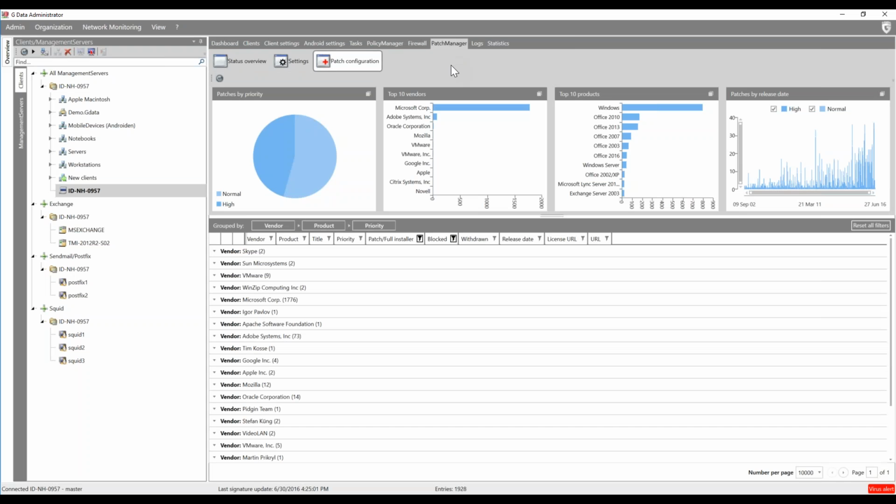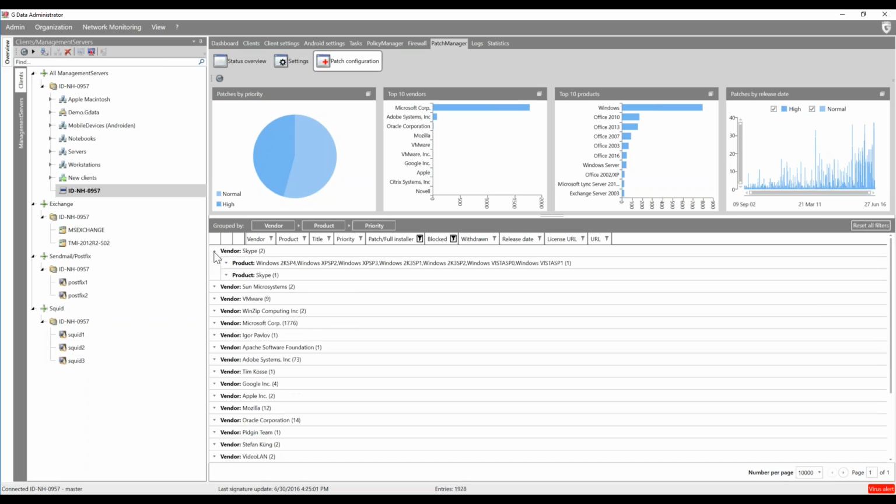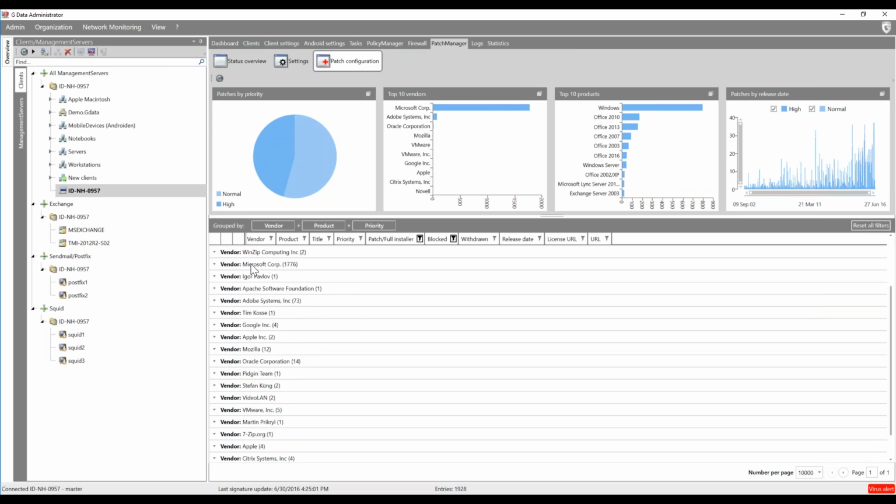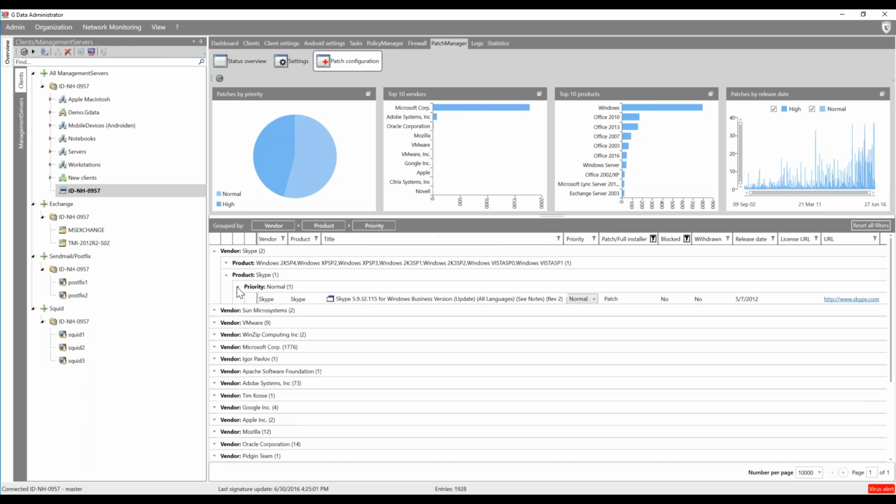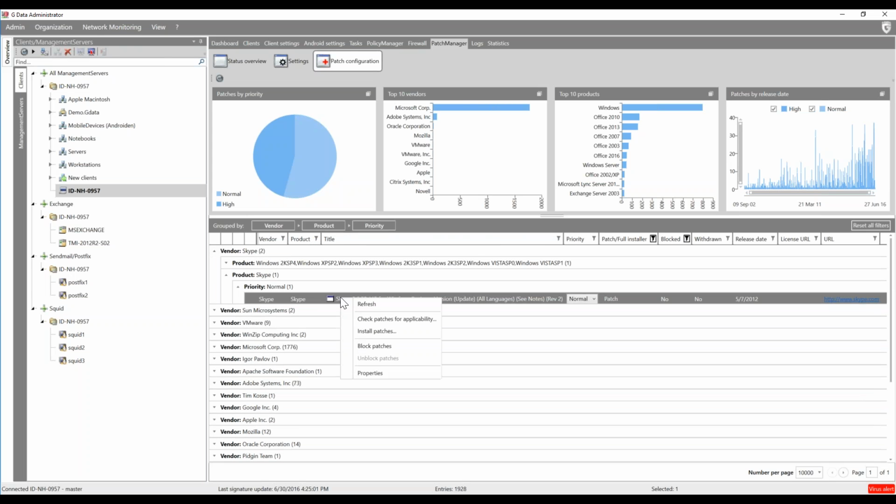The patch manager provides you with the patch option, which I've already introduced to you, in which you can see, for example, I have certain vendors that have patches available. Can these patches be applied to your system? For example, if I have a certain patch for Skype and I want to see if this patch might be applicable for my client, I can check it within here,